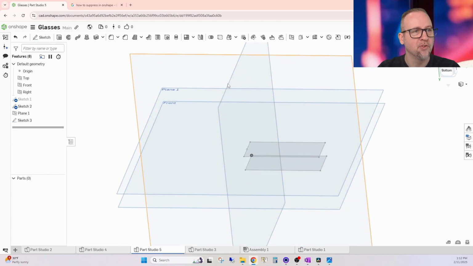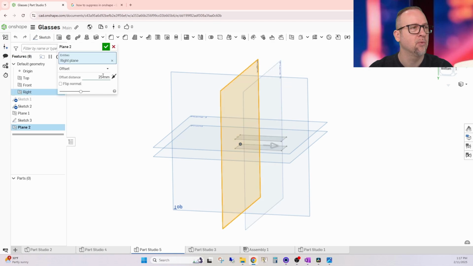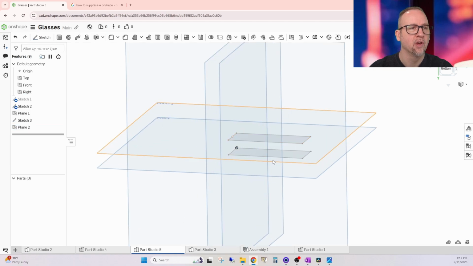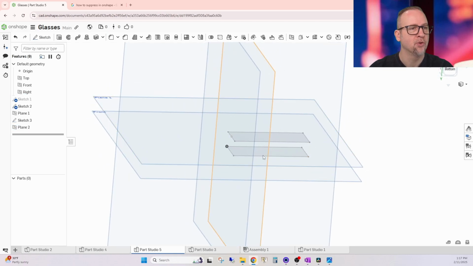Let's create a plane off this one. So we're going to do an offset plane. All right, if we want to offset a plane on here, we would right click and offset that plane. We could do, let's say, 10 millimeters. So now once we do that, it goes and interferes with that other sketch. So we can say between this one and this one, we could